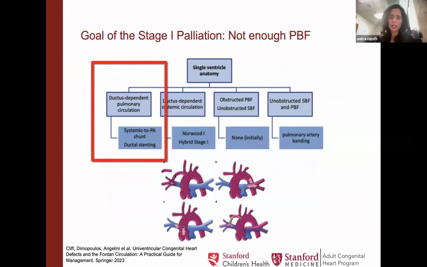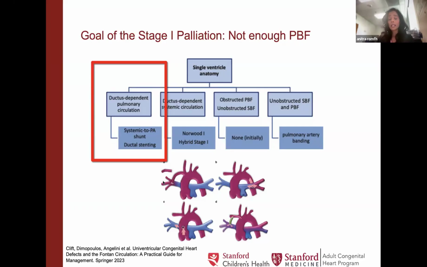So for example, here you can see various types of shunts, systemic aorta to pulmonary shunts. So essentially taking this red blood, putting it back into the deoxygenated blood so that it can be oxygenated in the lungs,